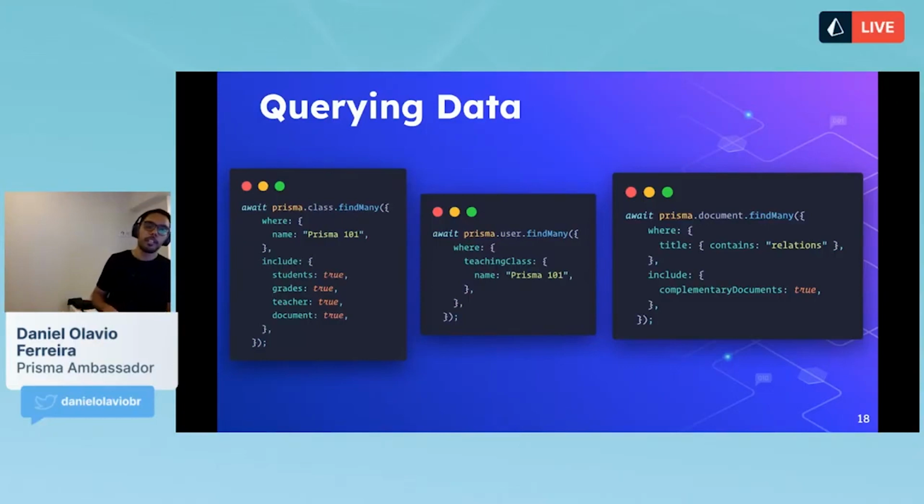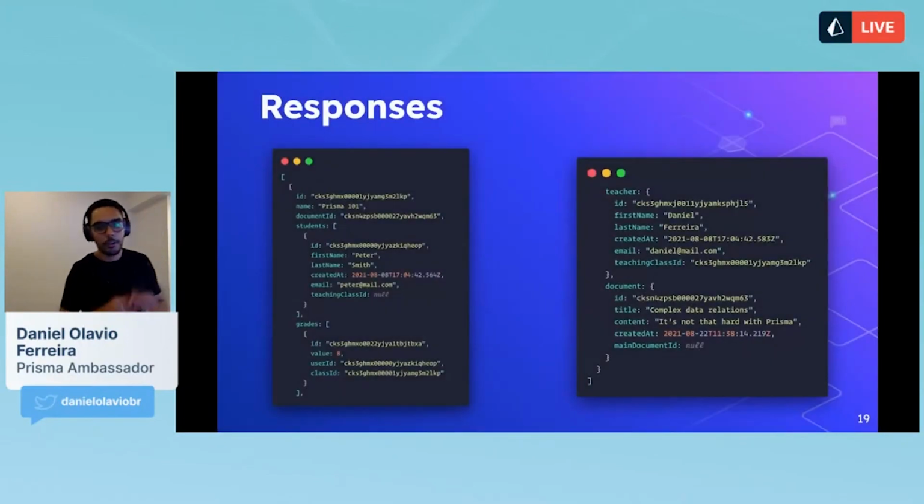First of all, we're going to be looking at the first query, the findMany for our class and all its relations. Here I had to divide it into separate boxes because it was way too big to fit on my screen. We receive an array because we asked for many. That's why you use findMany, but we could have used findOne or findUnique, findFirst, and so on. But in this case, we used findMany.